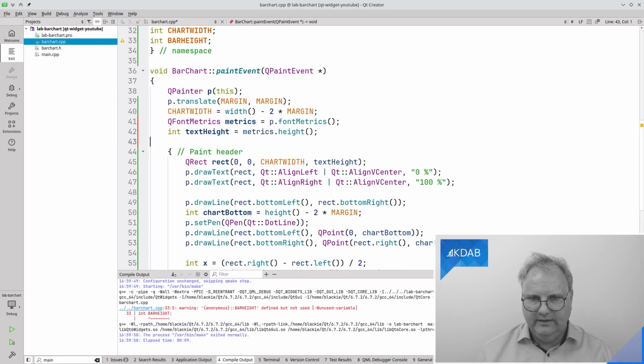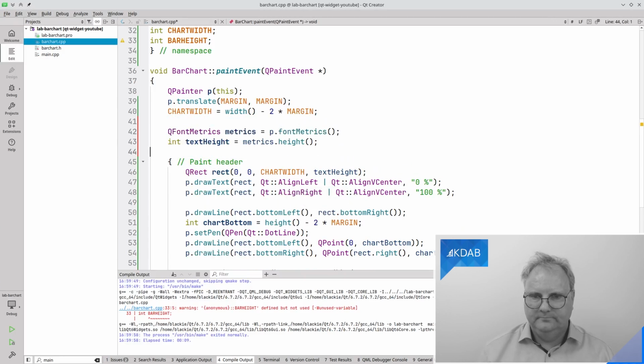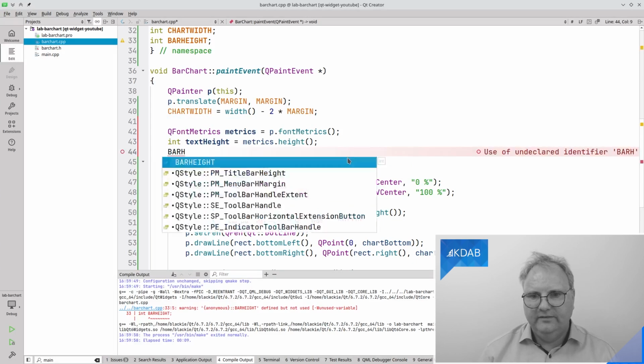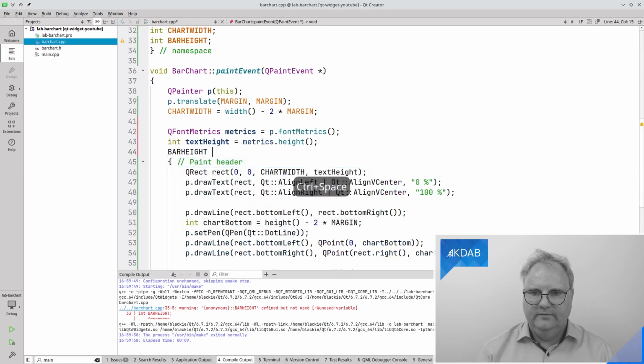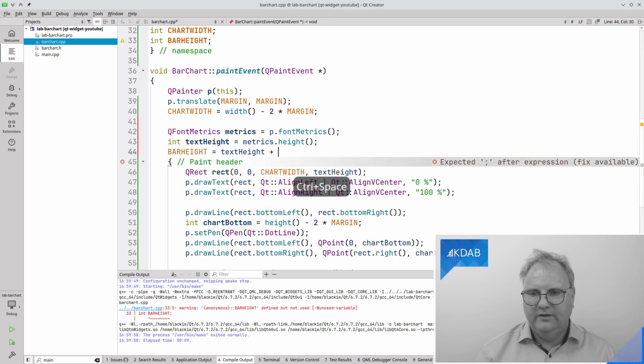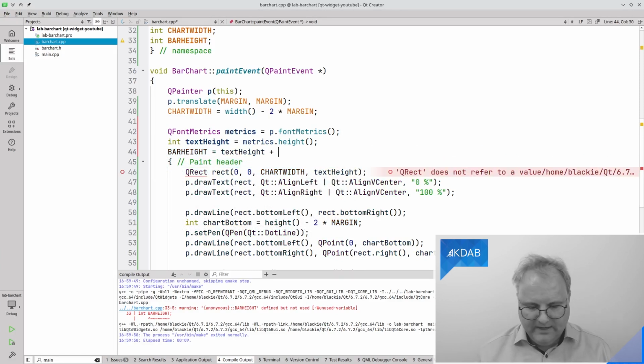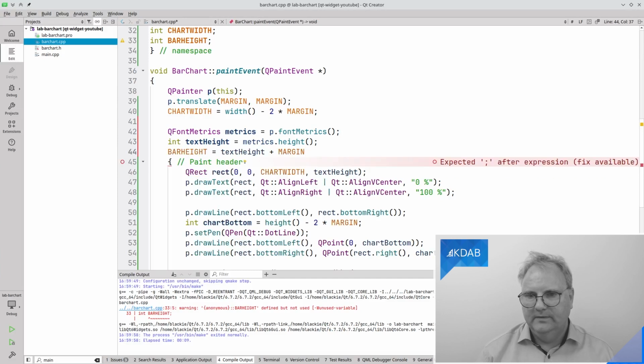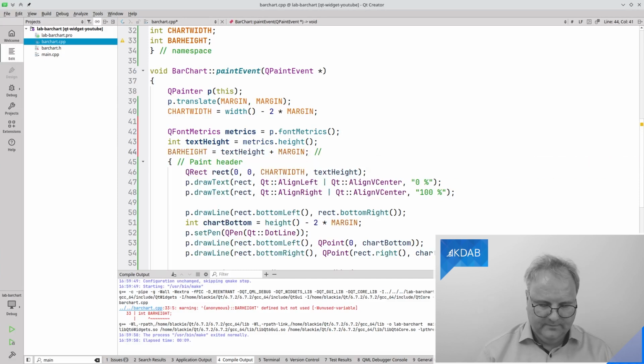And then here it says bar height, that's the text height, plus half a margin on each side, so that's margin. And there we are.